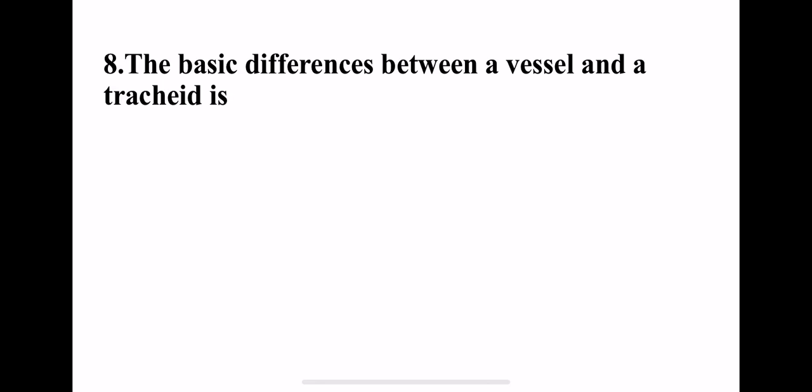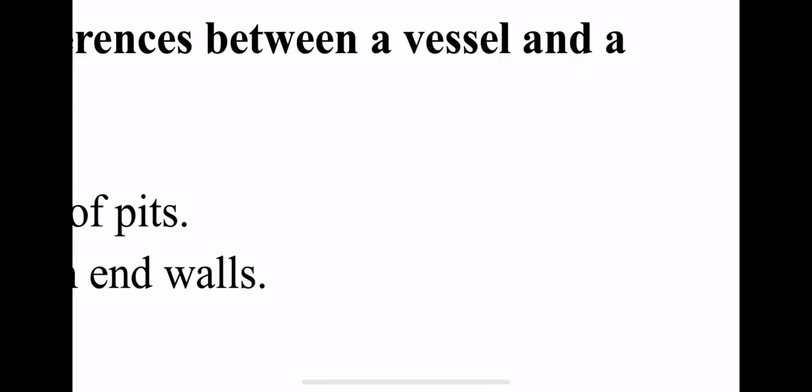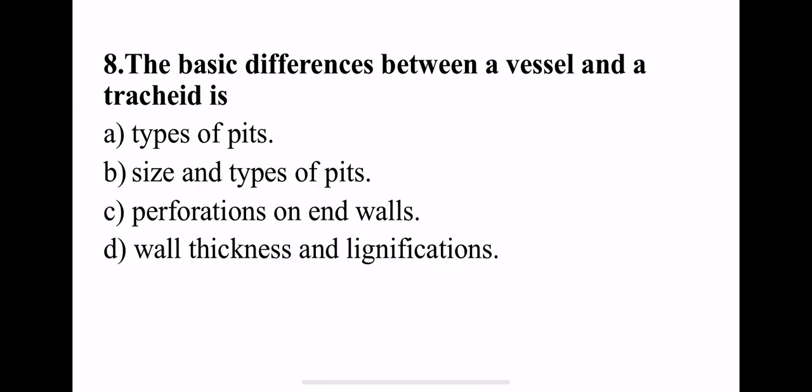The basic difference between a vessel and a tracheid is... What is the basic difference between vessel and tracheid? So tracheids and vessels are tracheary elements. These cells are devoid of protoplast. Both don't have protoplast when mature, as they become non-living cells with elongated lignified walls. This is the similarity. Both have the same type of pit arrangement. The main difference is that vessels have perforation at the end plates which makes them a tube-like long structure, while tracheids do not have end plates. Vessels have end plates, whereas tracheids don't have end plates. So the option C